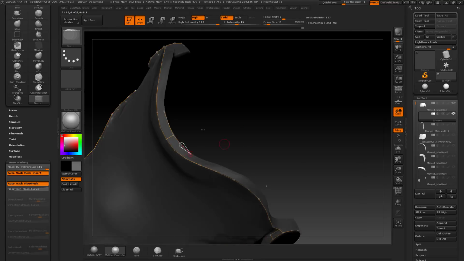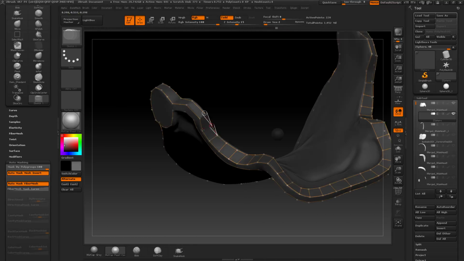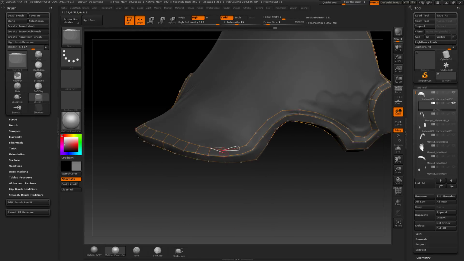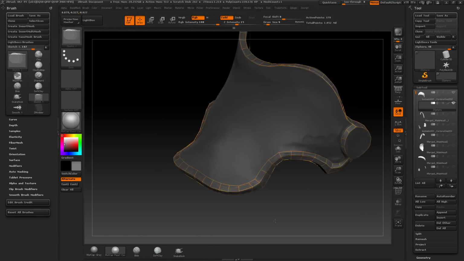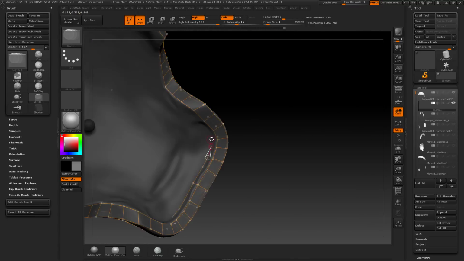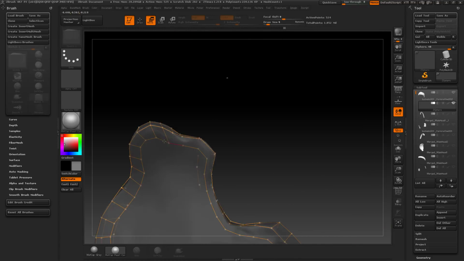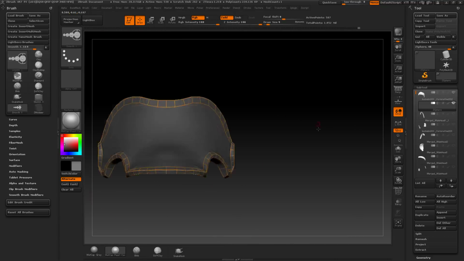If you can, going in there and using ZModeler to make these shapes, but sometimes it's just easier to go, you know what, let's pull out the old retopology tools and just make this complex shape there. So I'm getting that depth, that thickness there, and then going through and just rebuilding really quickly. And again, you can try and finagle your way into these complex shapes, but I've always found that at the end of the day, a lot of times just getting your basic shape done, and then massaging